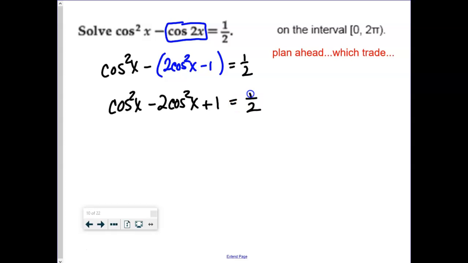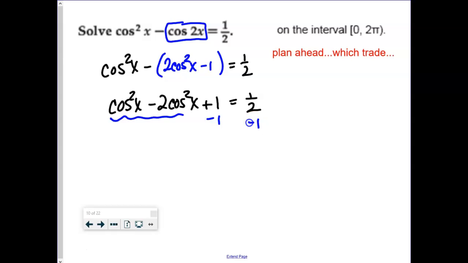And I know some of us are a little panicky from the last test. You're like, oh gosh, how do I solve this? And your first instinct is probably factoring, which I'm not going to say is wrong. However, I noticed that this really belongs in the realm of square rooting. There's only one type of function in this whole problem, and it's a cosine squared. Like, there's no individual cosines out there. So I think this is a good candidate for square rooting, which means I'm going to collect these together, and